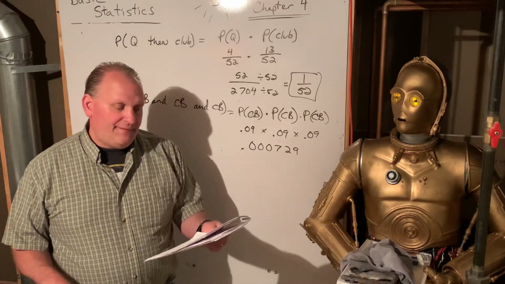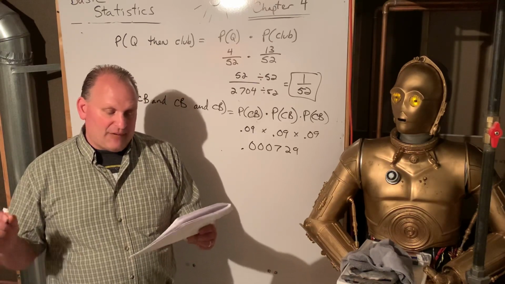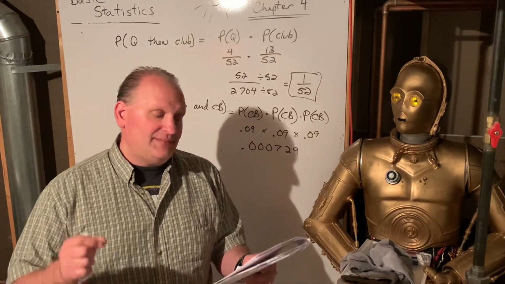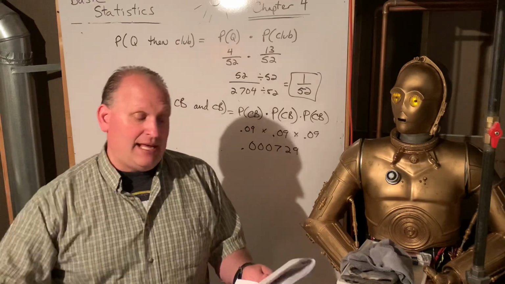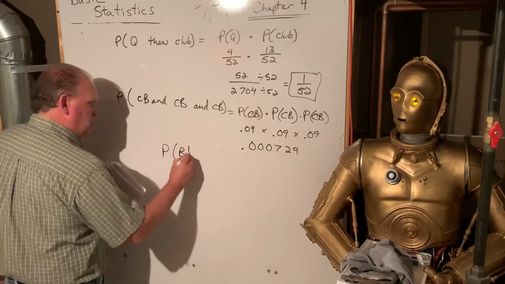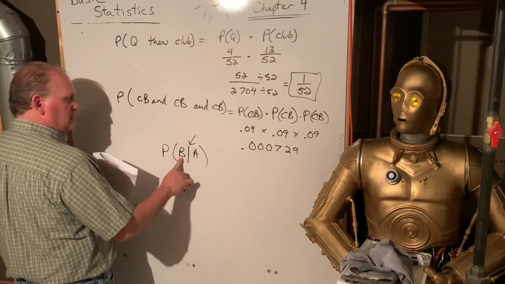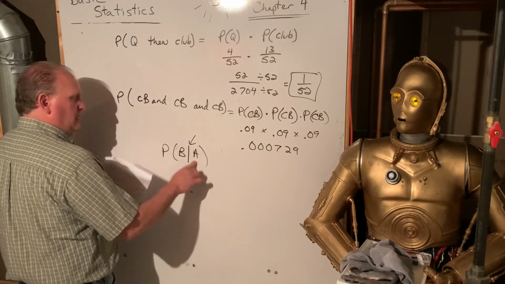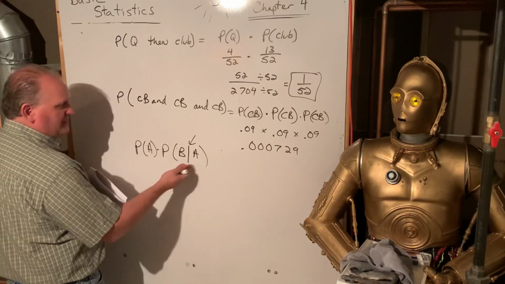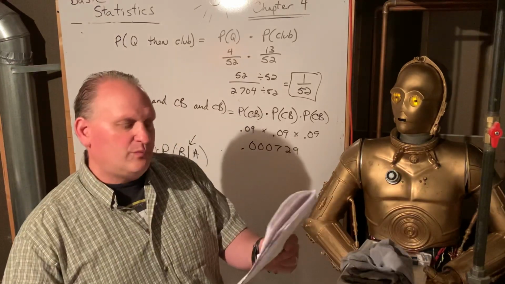General multiplication rule, if A and B are any events and they're dependent, the probability of A and B is the probability of A times the probability of B given A, where that looks like this. When they say the probability of B, and there's this straight line and then an A, that's given that. So the probability of this occurring given that A already occurred. So probability of A times the probability of B, but given that A did already occur. So we kind of play pretend.